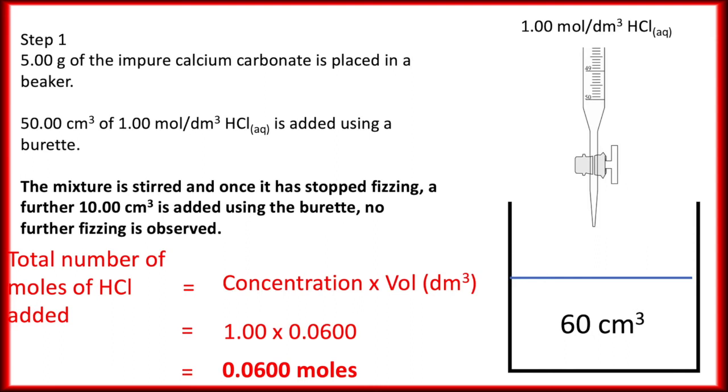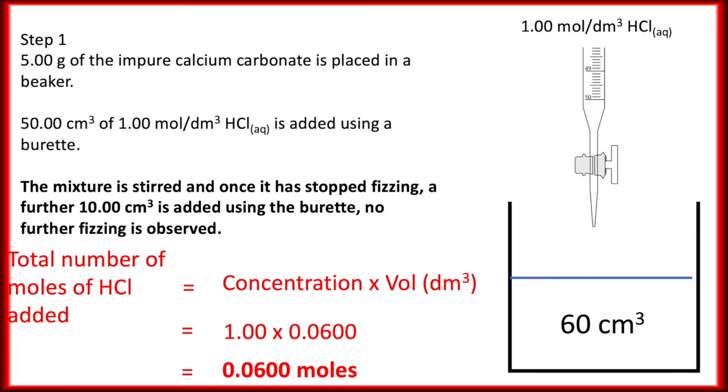So now we can work out the total number of moles of HCl we've added, which is going to be our concentration, which is 1.00, times the total volume in decimeters cubed. So I need to convert my 60 to 0.6 decimeters cubed,